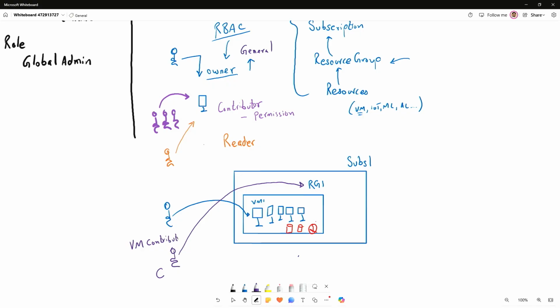And you will then be allowed to simply contribute just for the virtual machines. And I can assign that on a resource group level, which means that inside that resource group, any virtual machine you can contribute to. Other resources, you can't touch them. Again, I'm not giving you access for you to see them, read them, delete them, edit them, whatever. So this is something that we can look at in understanding different types of roles that exist out there.